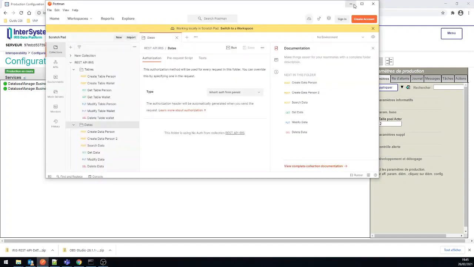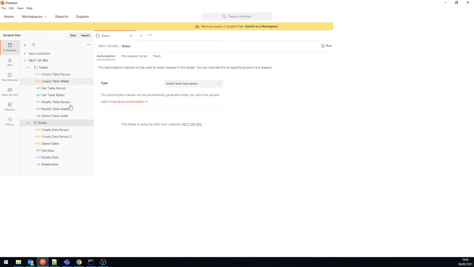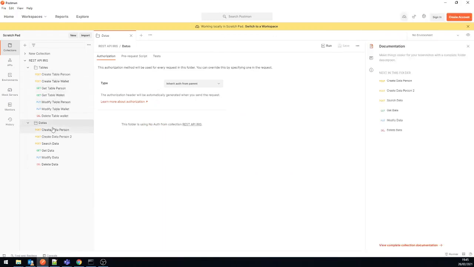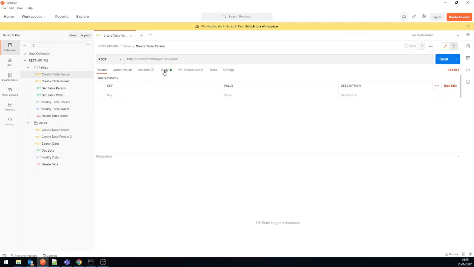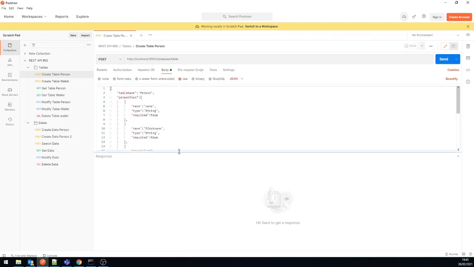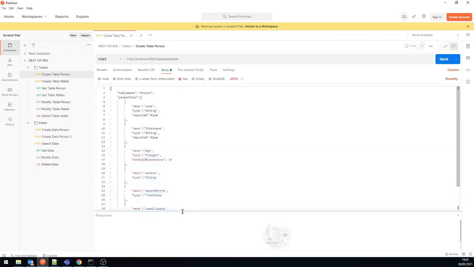So I will explain the table requests, and Guillaume will explain the data requests. You have some table creation requests, such as create person and wallet. In the body we have the table name and properties, for example name, first name, and also types.